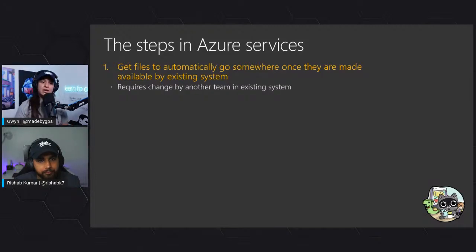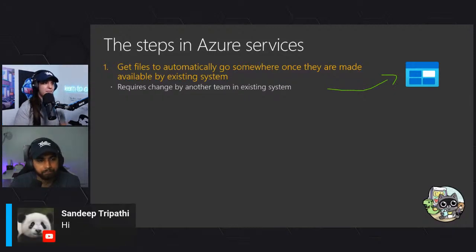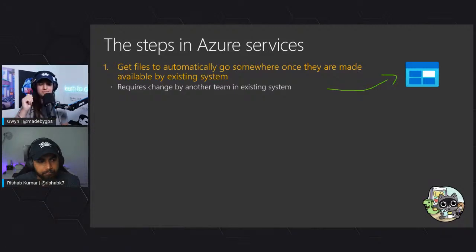But anyway, let's map these steps into Azure services. So we need the files to go somewhere. Well, the perfect solution for that would be blob storage. And like I mentioned, blob storage is essentially a serverless storage service with Azure. Okay, so I could give the blob storage the proper SAS token, or however you want your service to connect to it. I think it was a .NET application.